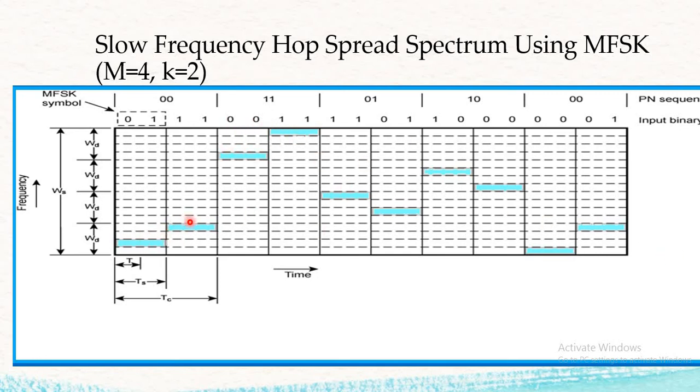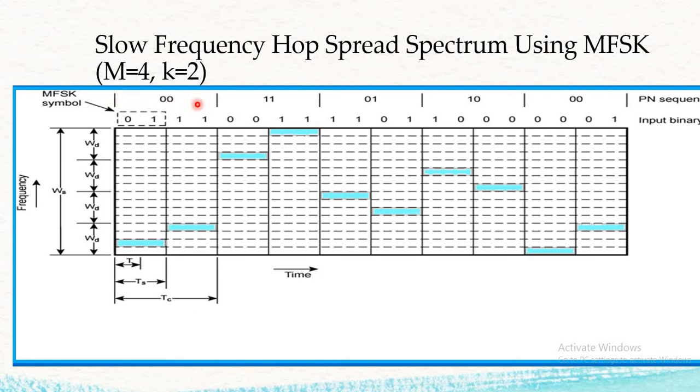So this is nothing but frequency hopping. If you observe, there is a continuous change in the value of the frequency, and this is called frequency hopping. Now here about the symbol rate and the chip rate. Symbol rate is the rate at which we are transferring a symbol. Here each symbol is of size 2. So this is your symbol rate, and chip rate is about the size of one individual frequency.